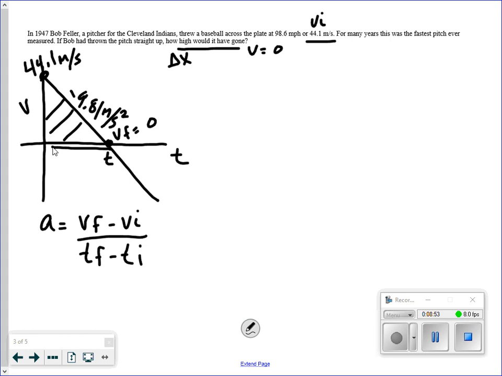What are we going to cancel out? VF, because VF is going to go away. TI is going to go away. So negative 9.81 meters per second squared equals negative 44.1 meters per second over TF. We can very quickly figure out the time that it's going to take for the ball to reach the peak